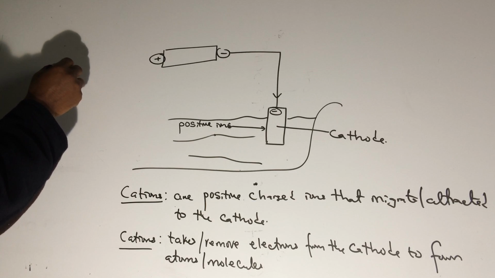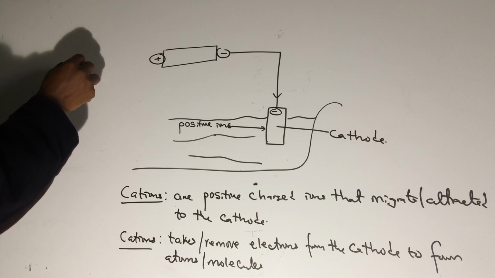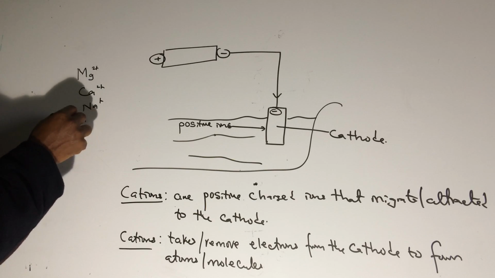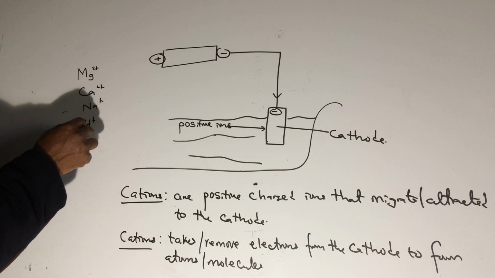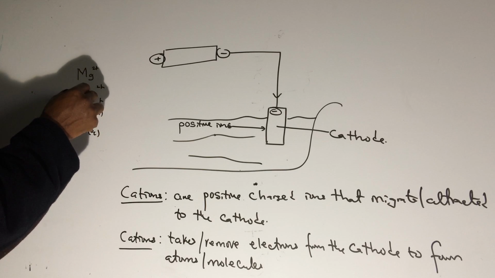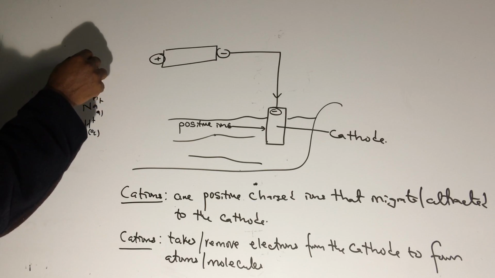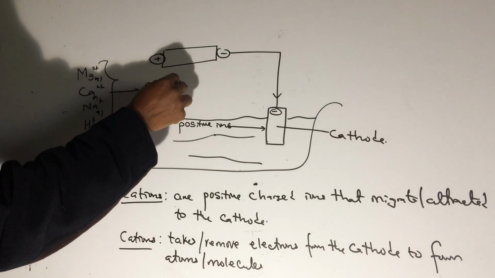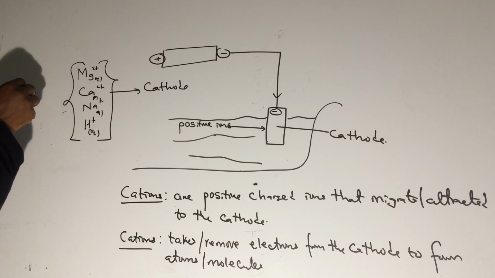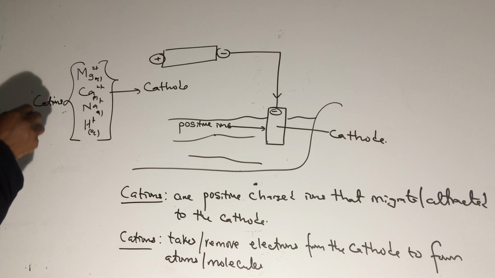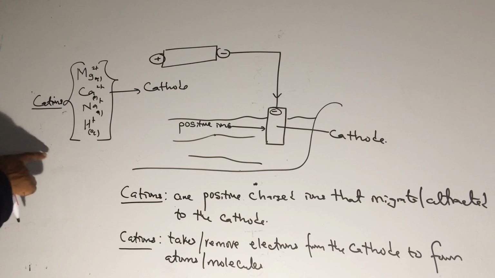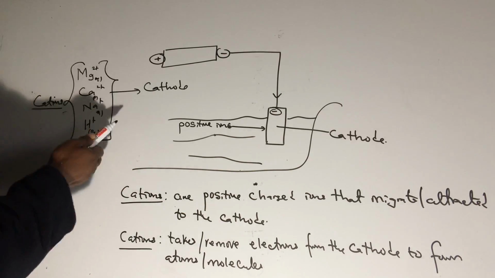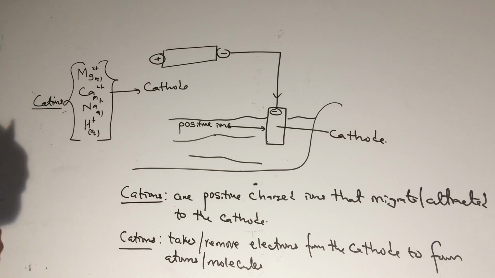Ions. For example, you have magnesium ion, calcium ion, sodium ion, and hydrogen ion. All these ones are in aqueous state. All of these are cations. They all go to the what? Cathode. Right? All of these are cations. Cations all migrate to the cathode, where they are discharged with preference to the one that is lower in